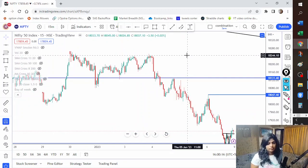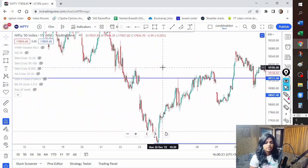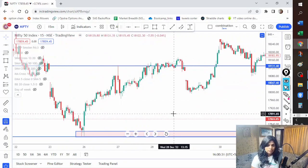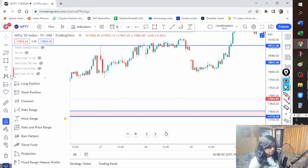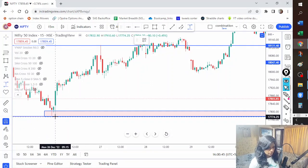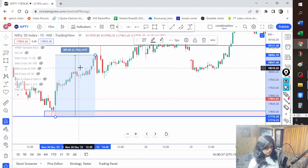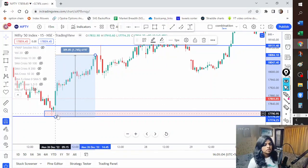But then we have to be prepared for whatever the market has to offer, because if you remember, the way I just mentioned, last week itself, Wednesday, Thursday, Friday was a sharp down move followed by a sharp reversal. So after this sharp down move, we did see a sharp rally on Monday, which was this. But now in this particular case, let us just check the number of points as well. Price range. December 26, right? So we did see an up move of 300 points,